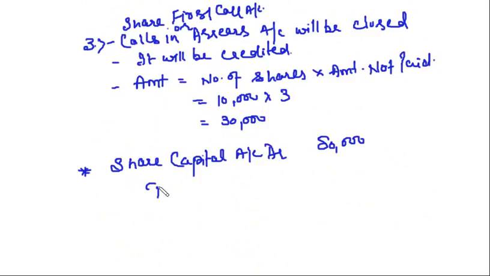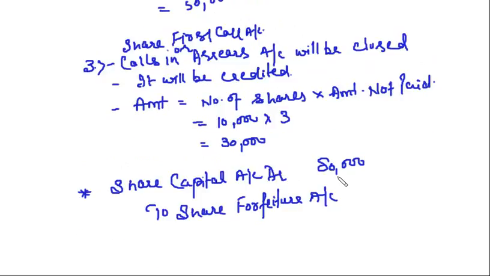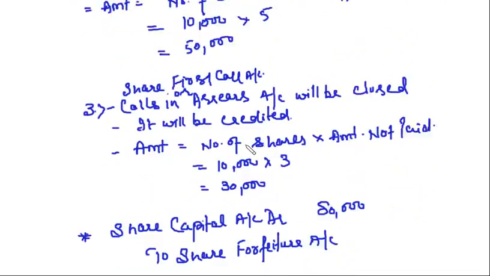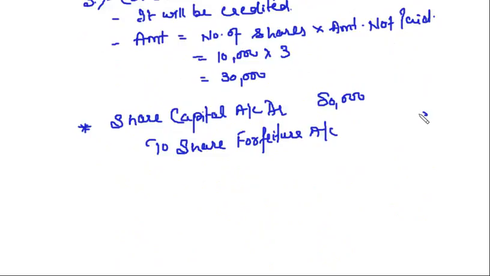Now, to share forfeiture account. This account will contain all the amounts that have been received by the company. That is 50,000 rupees. Right? And to calls in arrears